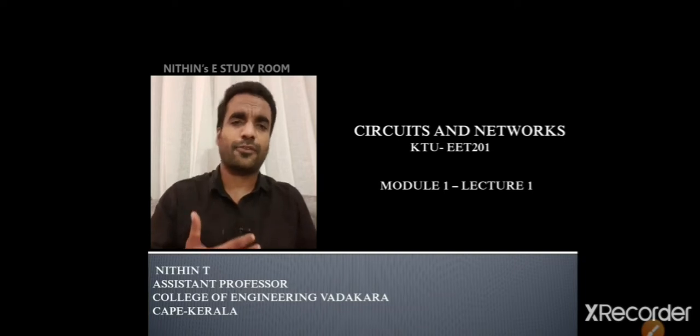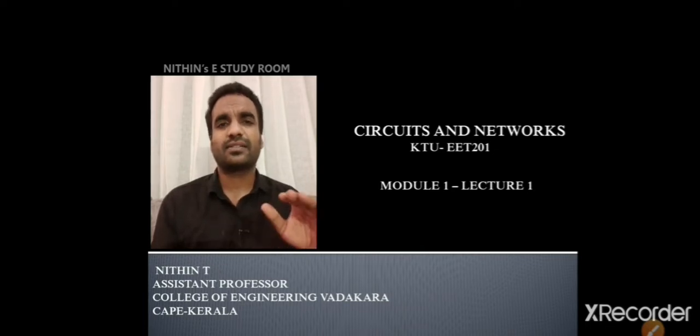Inductor is converting electrical energy to electromagnetic form, and capacitor is converting electric energy to the electrostatic domain. So these things we already discussed in the previous classes. Now we are coming to the session on active elements. Active elements are sources. We can simply say voltage source, current source, but we cannot classify them simply as voltage source and current source. There are many other classifications. Now we are going to discuss those classifications in detail.